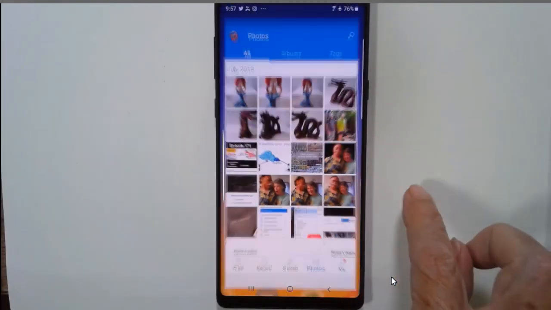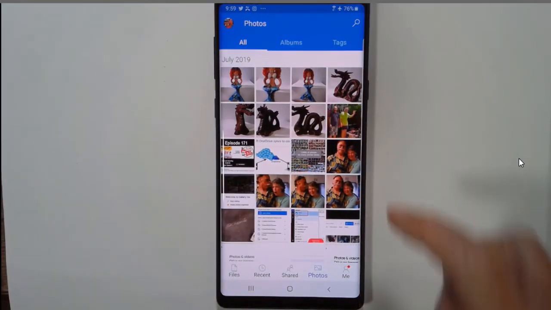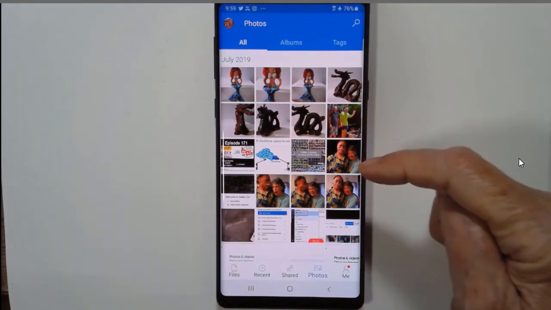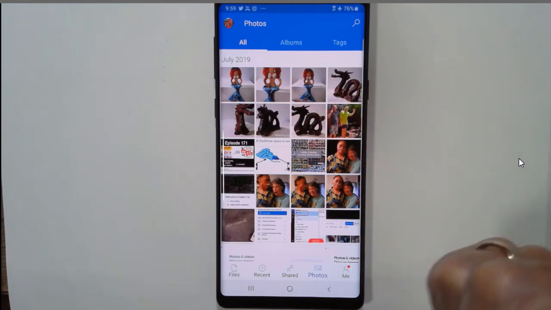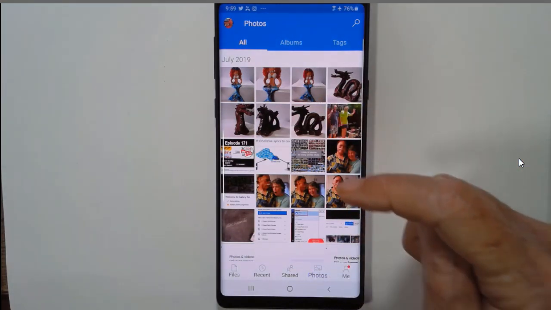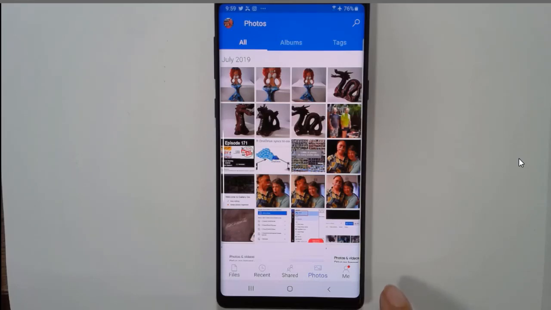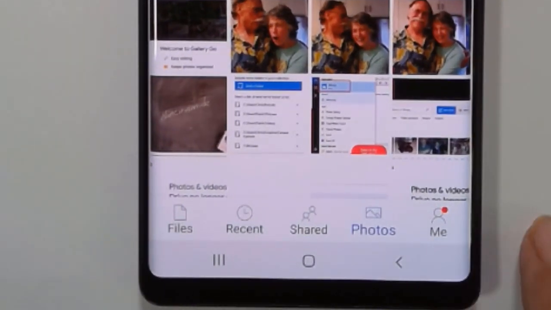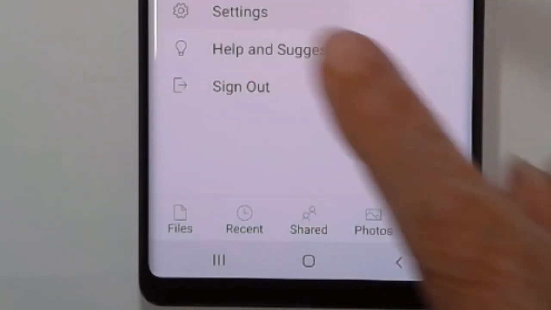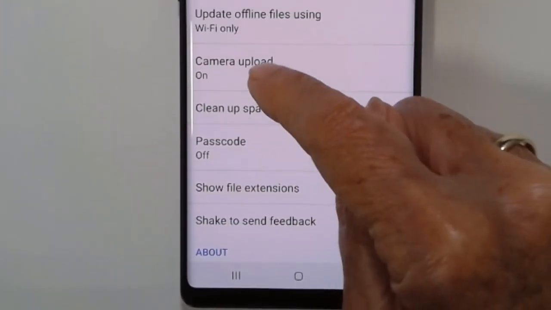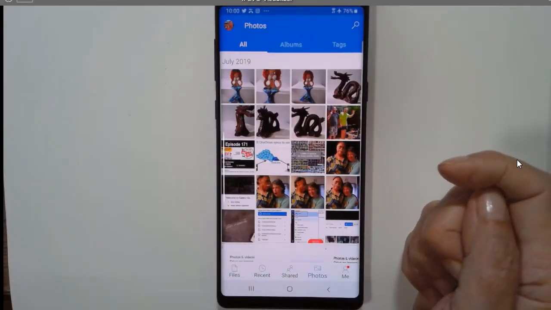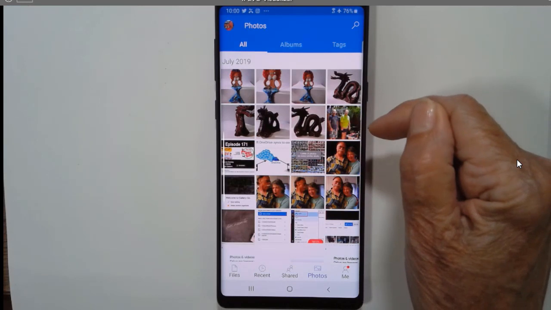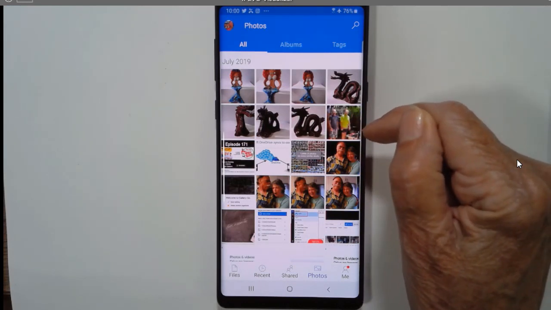So now I'll open OneDrive. OneDrive picks up on the fact that the camera in this phone took some photos, and its job is to upload them to the OneDrive cloud storage, and that's because of a setting. You get to settings under the Me and then settings, and it's this one, camera upload, that I have on. So now I want to prove to you that they made it up to both of these